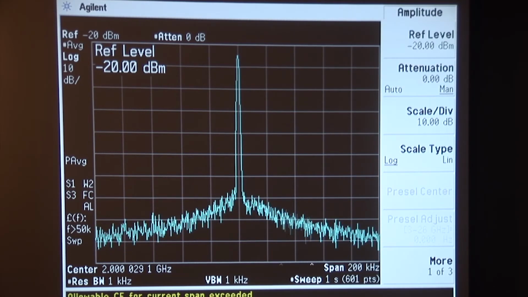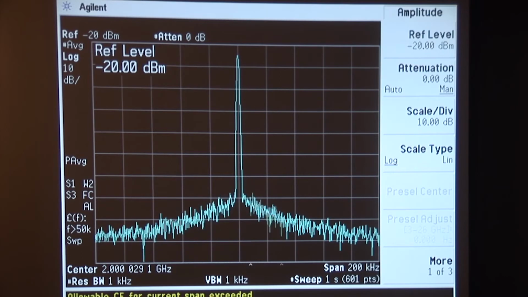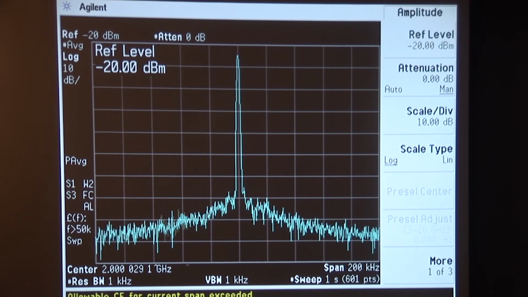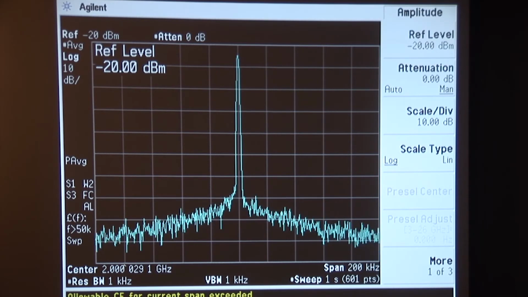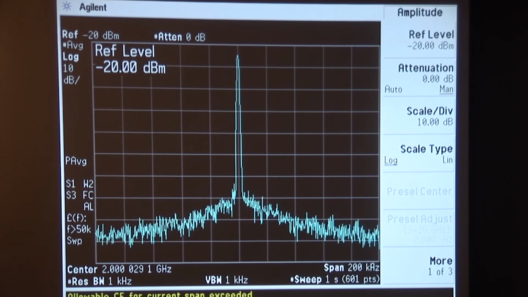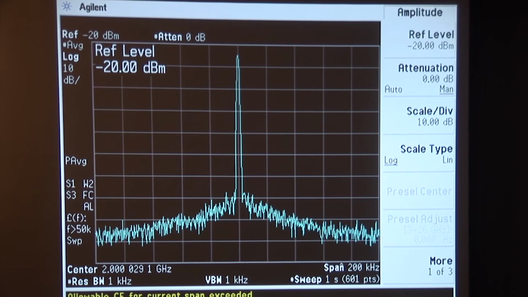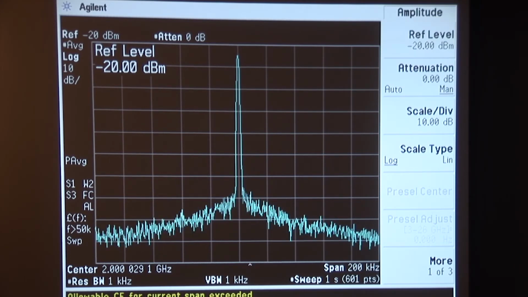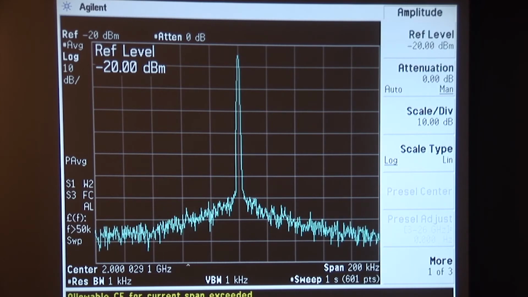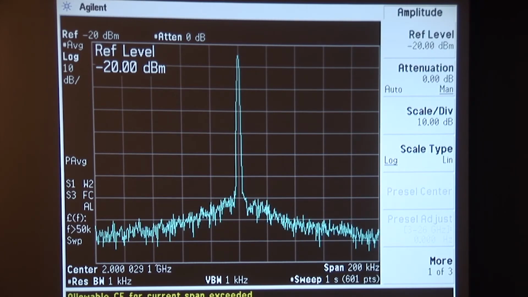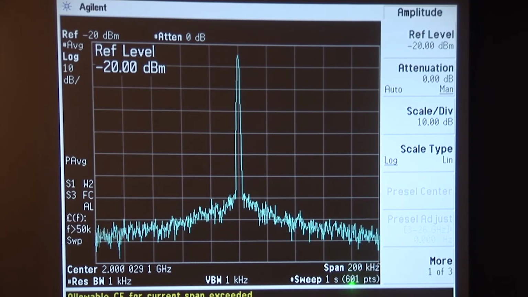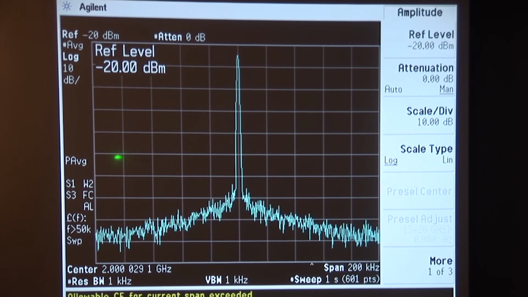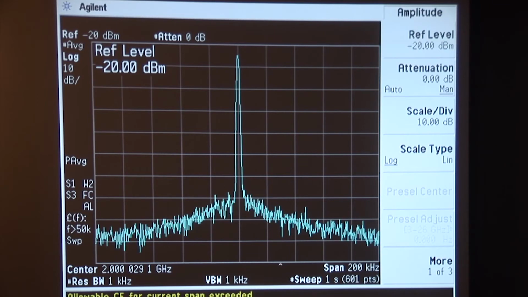Okay, so having looked at the problem of convolution, there's one other thing that I'd like to mention before we wrap up this lab, and that is what I call the picket fence problem, or the picket fence effect. Given that the spectrum analyzer is using a certain IF resolution bandwidth to look at the spectrum, we need to keep in mind that we have a certain finite number of points, in this case 601 points, that we're graphing across